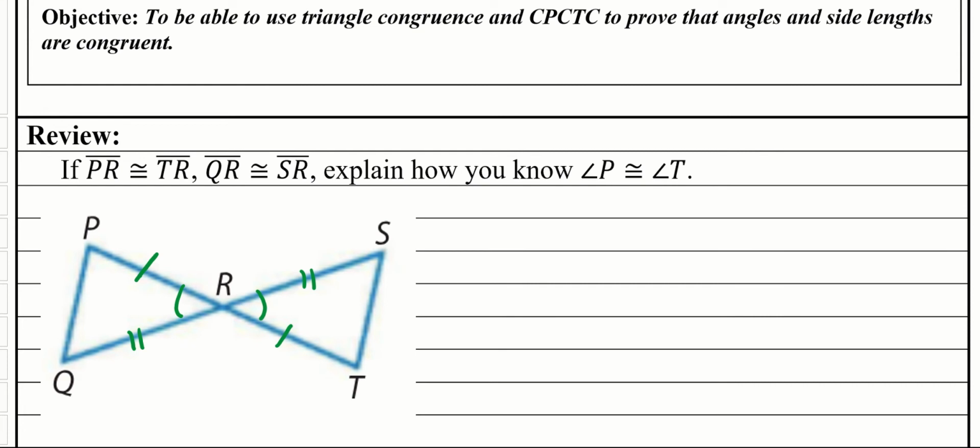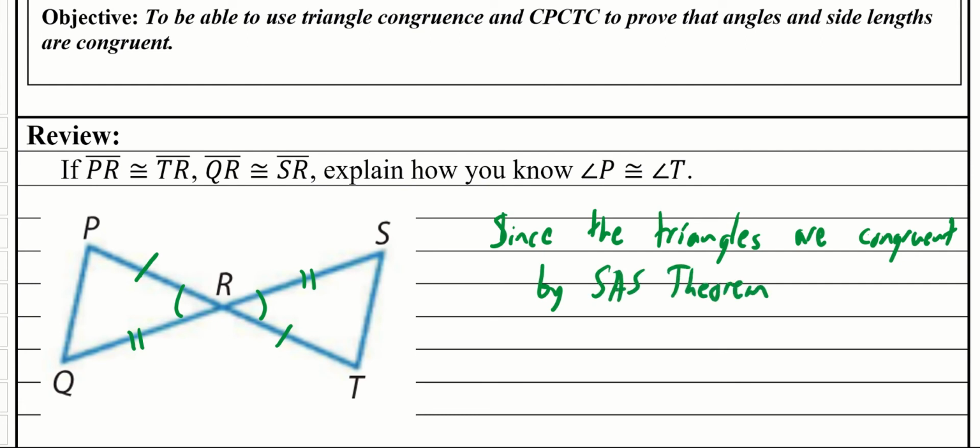So the first piece I'm going to write down is, since the triangles are congruent by, remember, this matches the side angle side theorem. Since these triangles are congruent by this theorem, this leads me to another thing that we haven't really discussed when we've gone through these proofs, which is, do I know anything after this fact? Well, remember, if we say that two shapes, or two triangles specifically, are congruent, what that tells us is